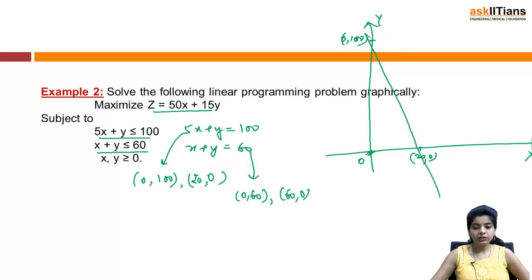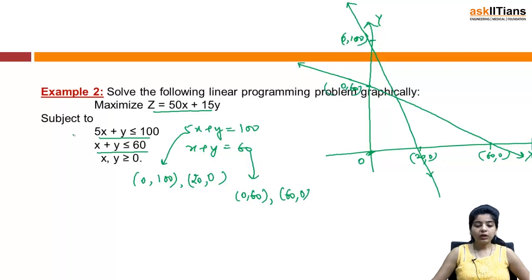This gives you the first line, right? And then we have 0, 60 and 60, 0. So suppose this is my 60, 0 and this is my 0, 60. So I'll join these two points. This gives the second line,